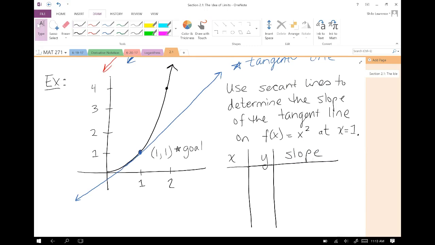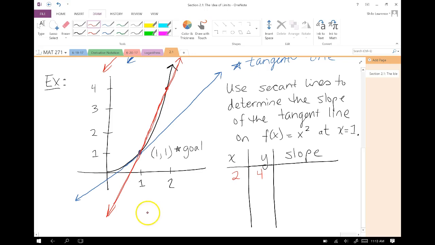So I'm going to pick a second point on that graph. Another easy second point would be 2, 4. If we connect 1, 1 and 2, 4, we can see that that's definitely not the tangent line. It's kind of similar, but that's a secant line. So if we do the slope between 1, 1 and 2, 4, remember the